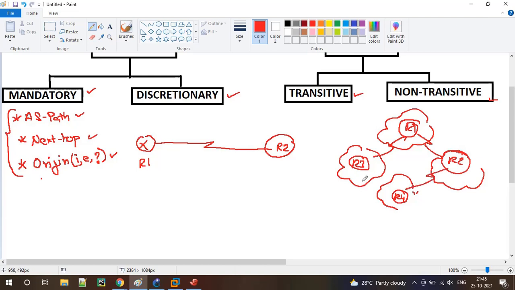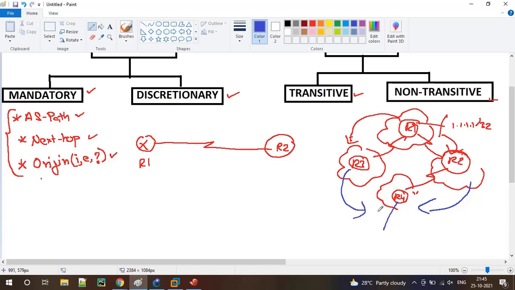Let's say R1 is advertising the prefix 1.1.1.1/32 to R2 as well as R3. Now R3 will advertise that to R4, and R2 will also advertise it to R4. Till now I'm good.